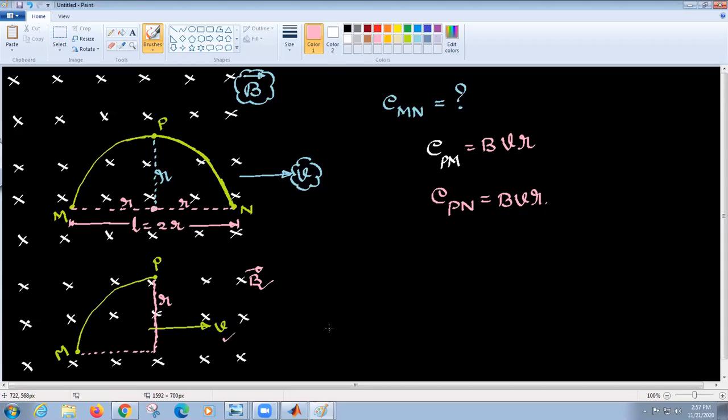Now, where do we have high potential? If I take this PM into consideration, where do we see high potential? At P or at M? P, sir. At P. Fine. So this end became positive, which means the other end must be negative. Yes, sir, there is no second thought. So it must go negative. Let me remove all these colors and make this simple.